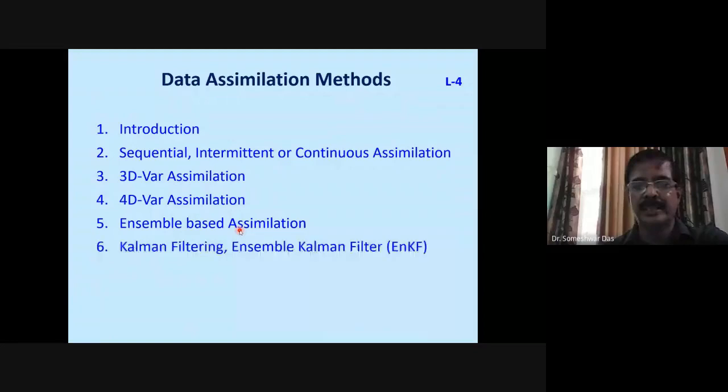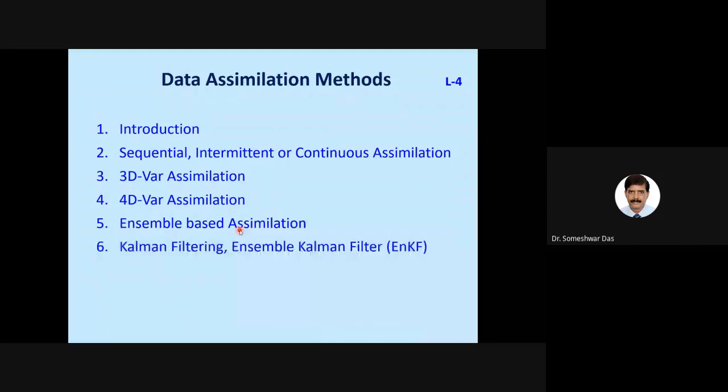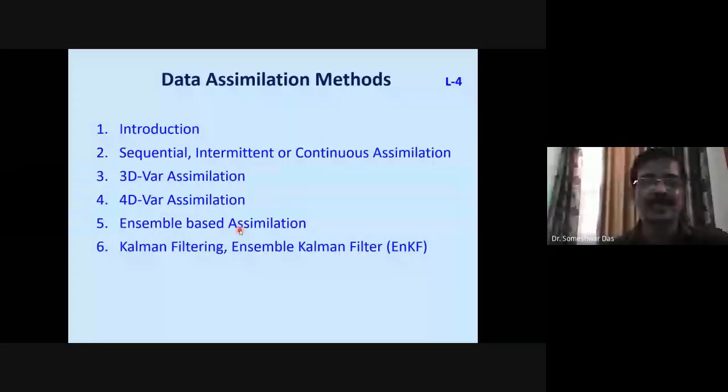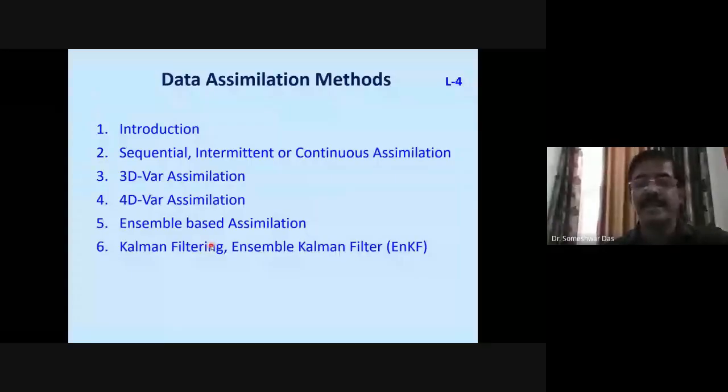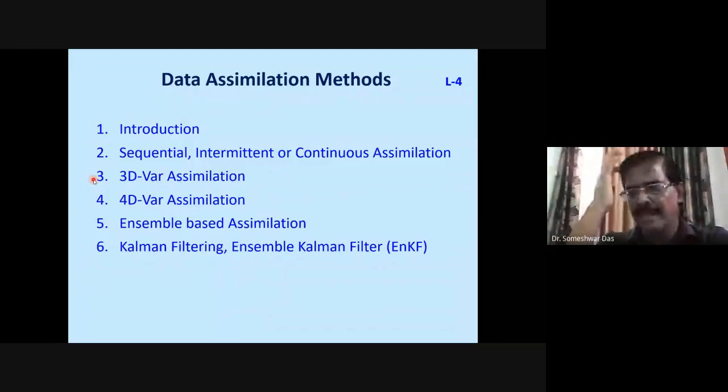And further complications or further improved versions are the so-called EnKF, the ensemble Kalman filtering, and ETKF, the ensemble transform Kalman filtering assimilation systems, and so on. So these are different methods of data assimilation used nowadays in the model. But 3D VAR is quite popular and still a very common scheme used at many places because it does the job. It produces a reasonably good analysis, and it does not require very high computing time.